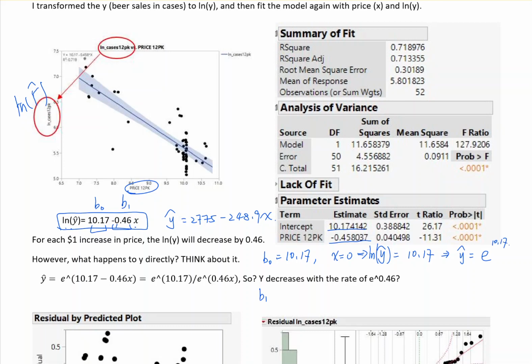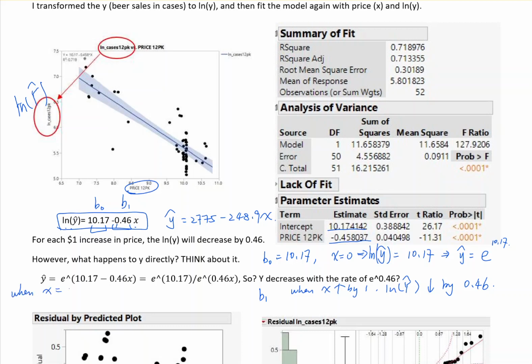b1 is a slope. We say when x increases by 1 unit, the natural log of y hat will increase by the slope, which for this case will be decreased by 0.46. All right, so can we just say then the y hat will decrease by e to the 0.46? Actually, it is not the case, because when